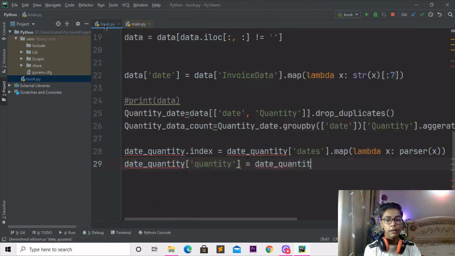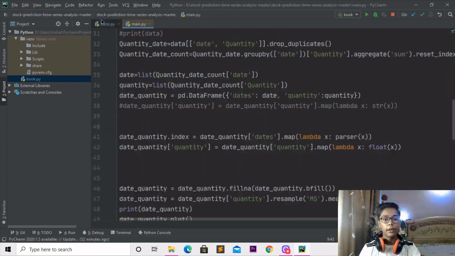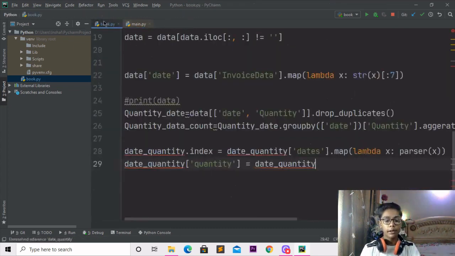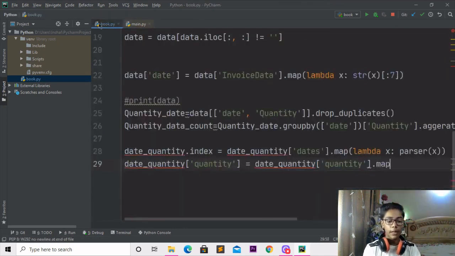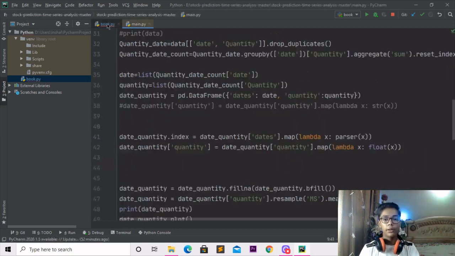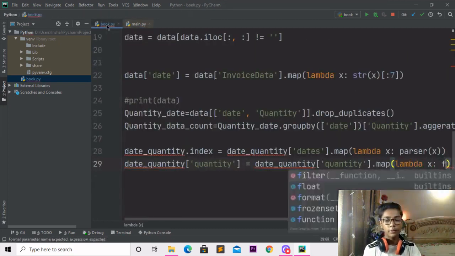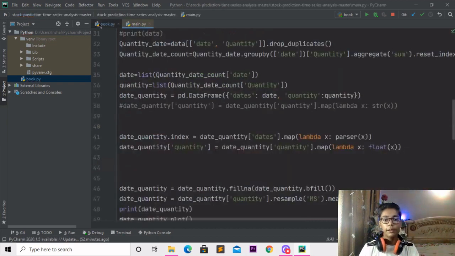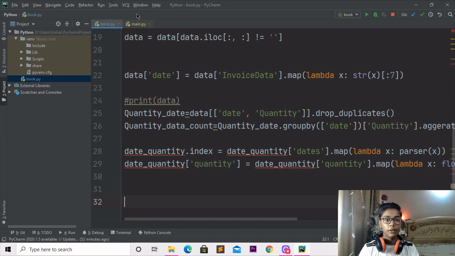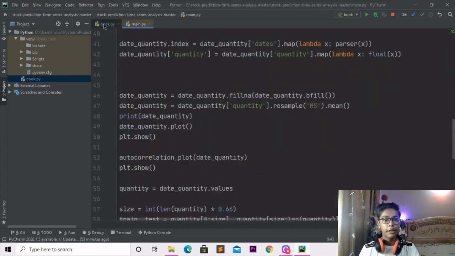Then you have to come here again, and I will be writing a square bracket and quantity again. Then I'll be writing dot map lambda. And then I will be writing x load, and then writing x. Then I'll be moving down here, and you can see it is written